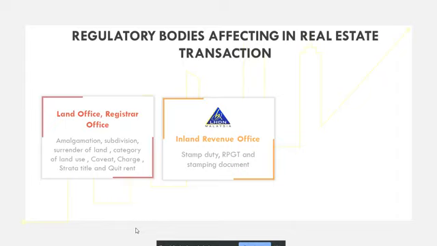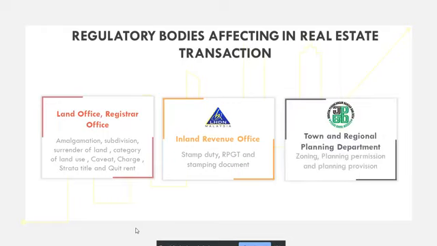Okay, RPGT or real property gain tax, which in Malay we call CKHT. Funnily enough, RPGT and CKHT are the same thing. It is a tax that will be charged on the net profit you earn from the sale of property. So when you have sold the property and there is a net profit from the sale, tax will be imposed on that profit. Okay.